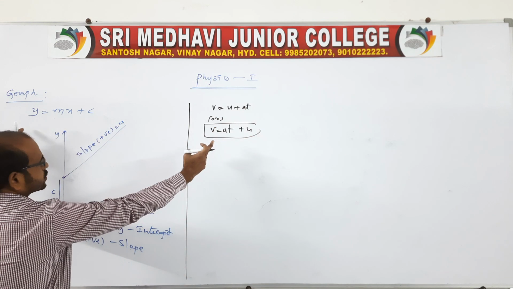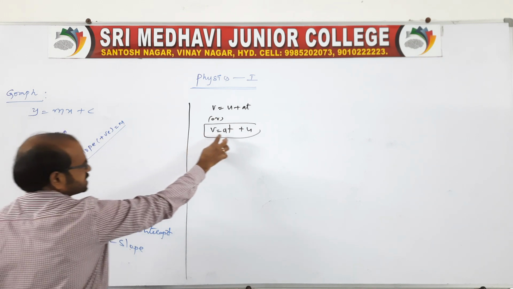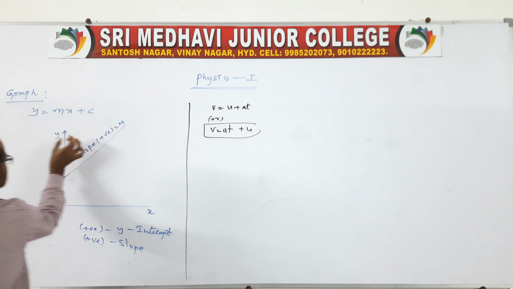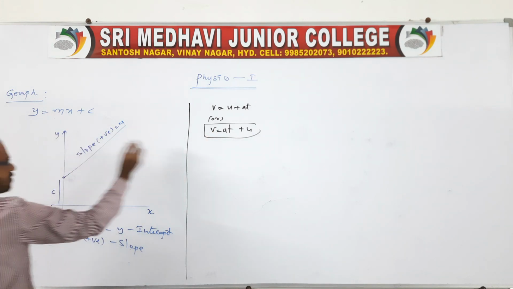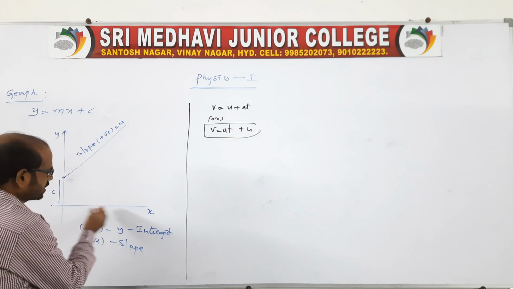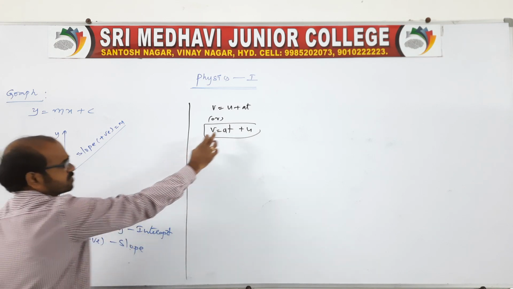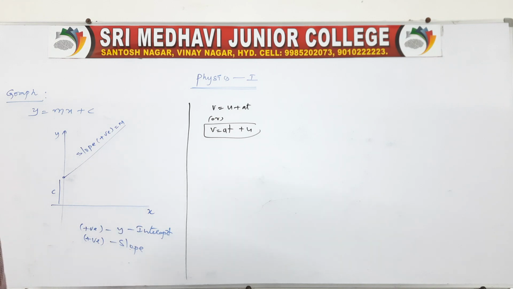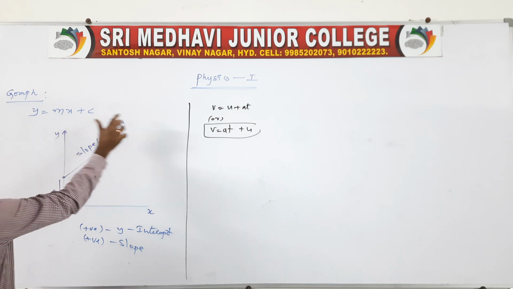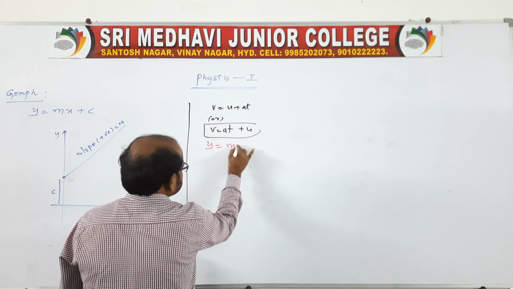So now you look at the two expressions. Y is equal to mx plus c, right? And V is equal to AT plus U. Similar terms, because V is the velocity, which we can take on the y-axis. T is the time, because in a time related graph, usually we take time on the x-axis. So here we take T on the x-axis. However, acceleration is represented as the slope of the graph. And here U is represented as a constant, because a similar expression is used here. So that's what you write here, similar to Y is equal to mx plus c.